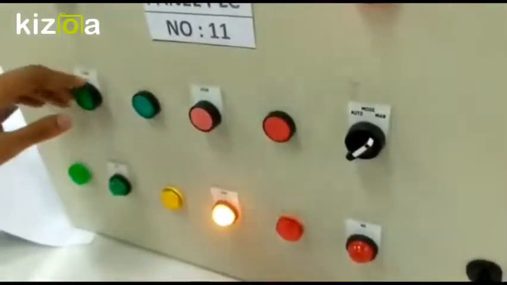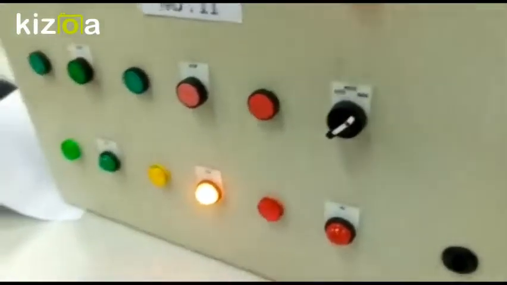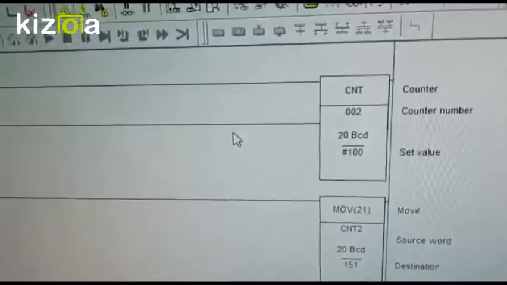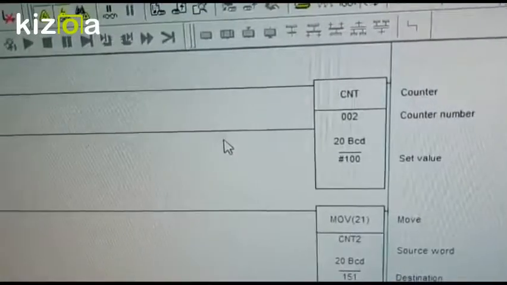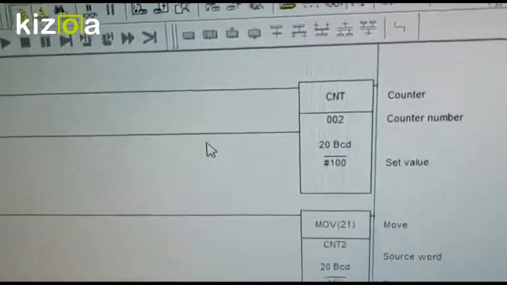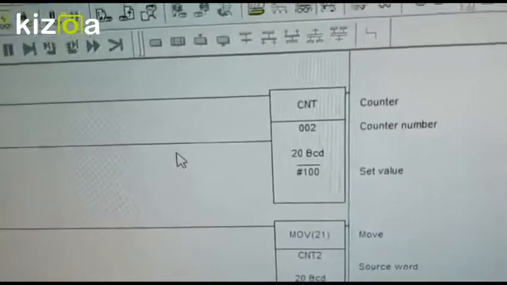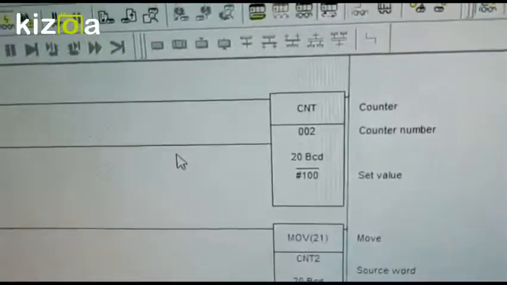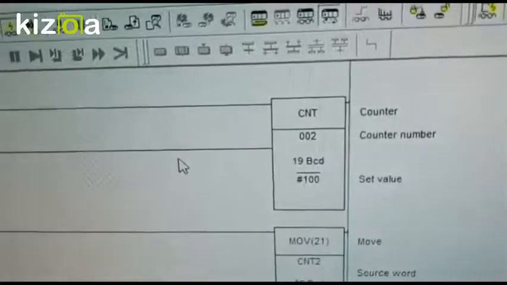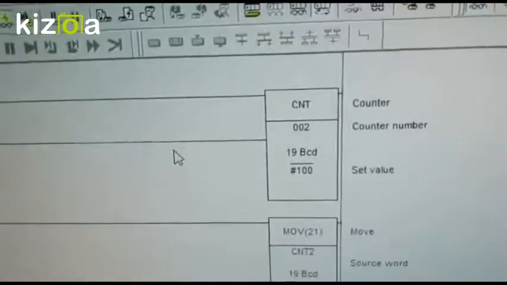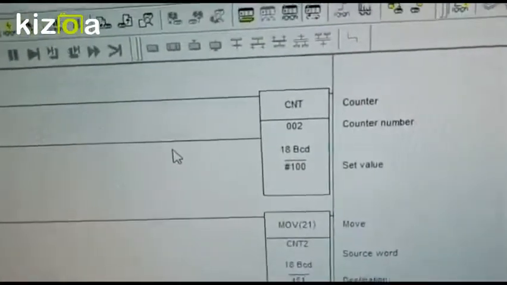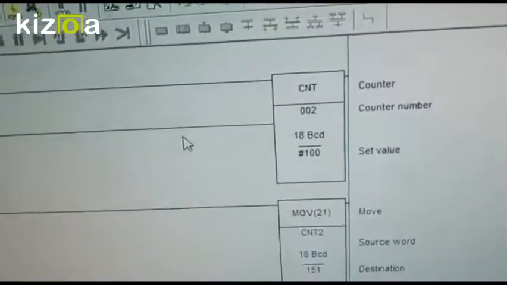Wait, we wait for the 100 cones. Let's play no cone. Cone.